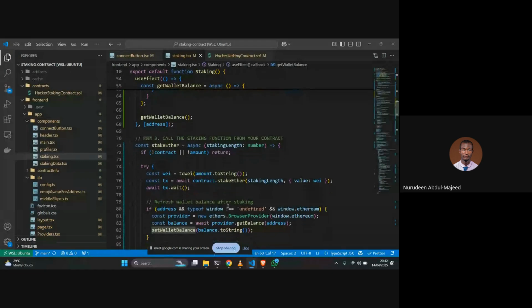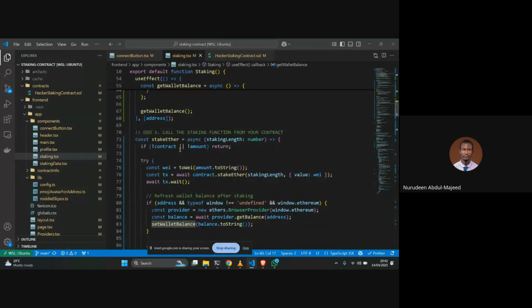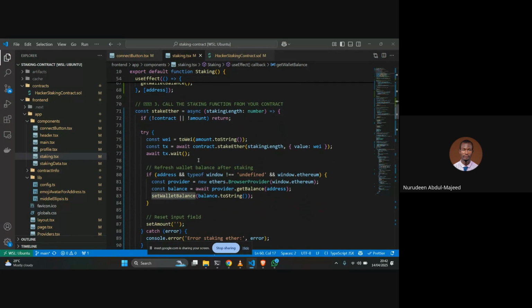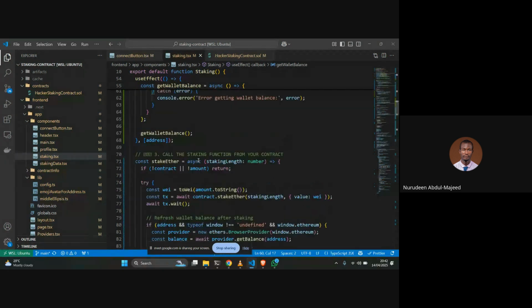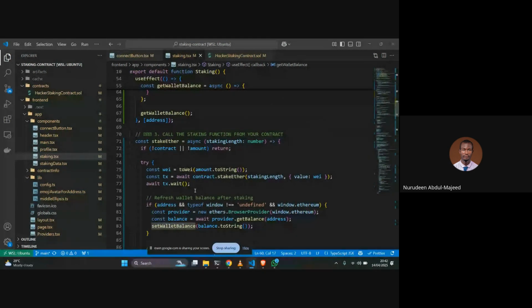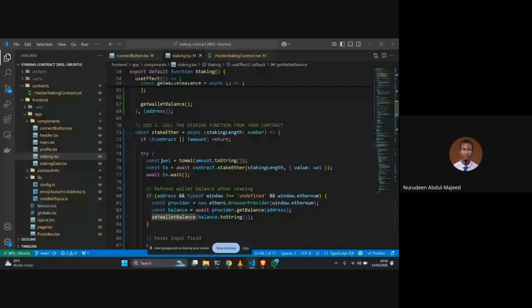And so next on the list we now have is calling the methods that we have in our smart contracts. And to call those methods, we declare a function here, and then inside that function, the function takes in the staking length, like how long are you